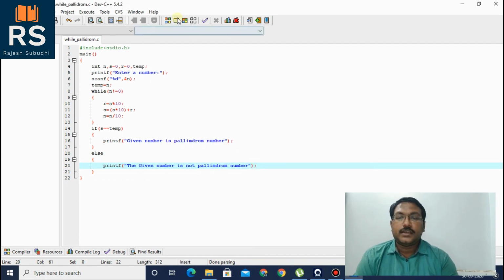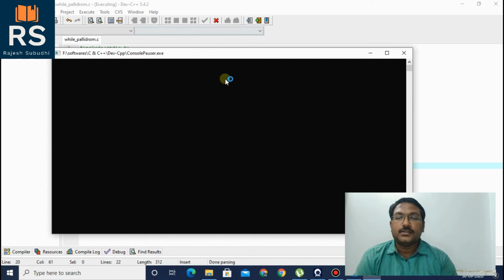Close it, and now run. First it will ask the user to give a number, as mentioned in our program. So here it says enter a number.